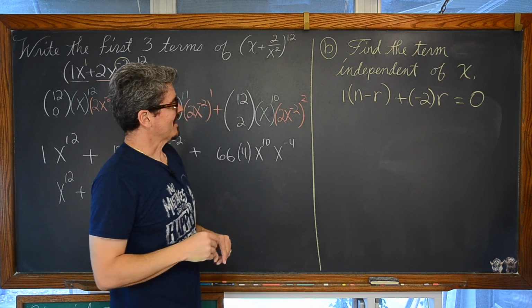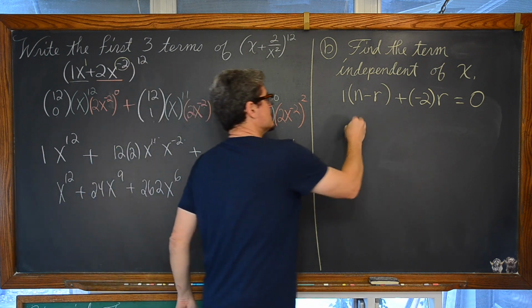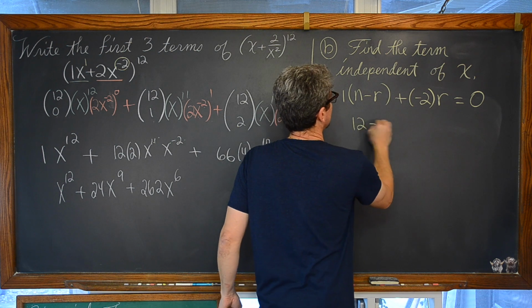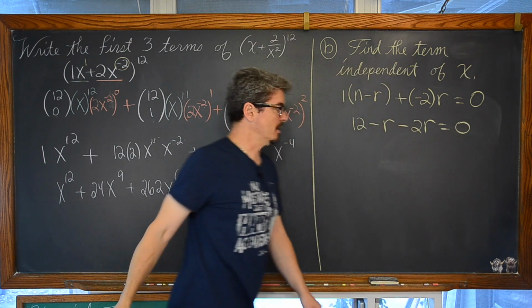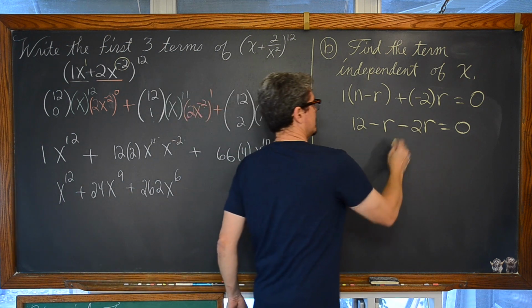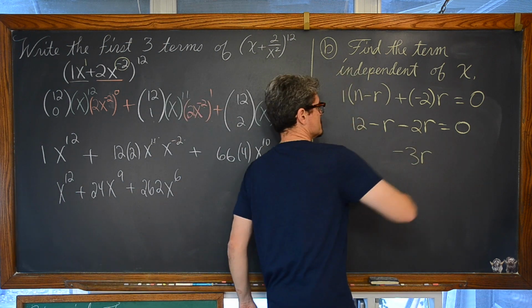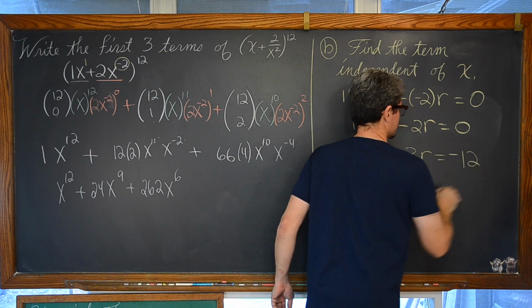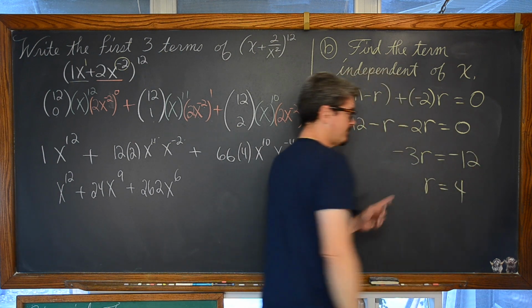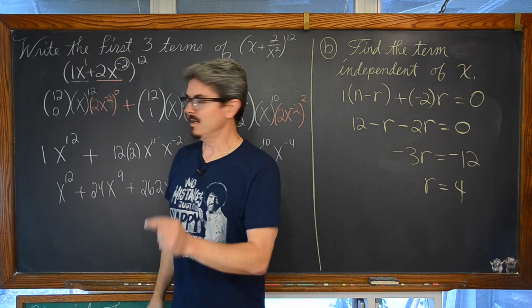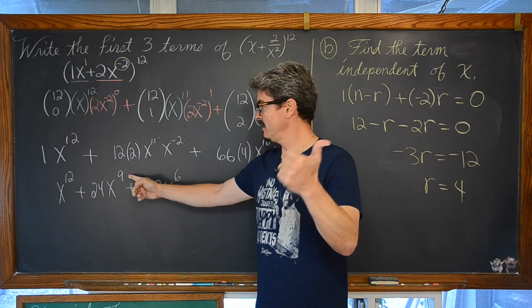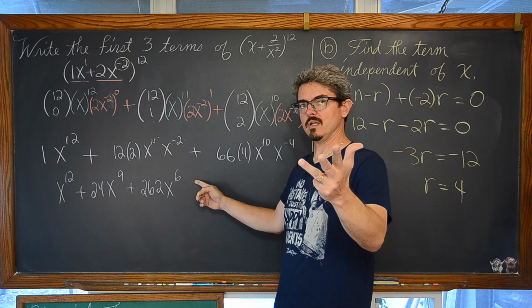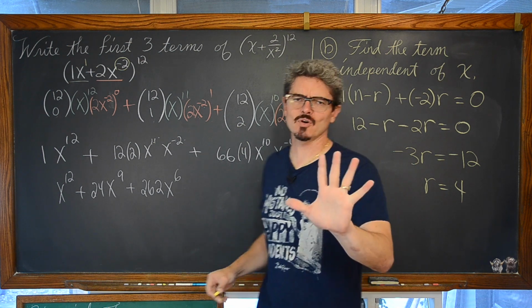And again, n was equal to 12. So we're looking at 12 minus r minus 2r has to be 0. Now we're looking at combining like terms, negative 3r. Subtract the 12 to the other side, negative 12. r is equal to 4. Now, again, with part A already done, 12, 9, 6, 3, 0. It's the fifth term that's